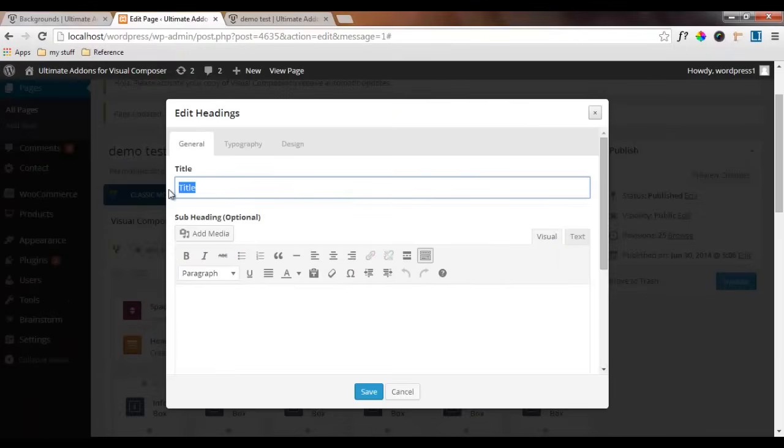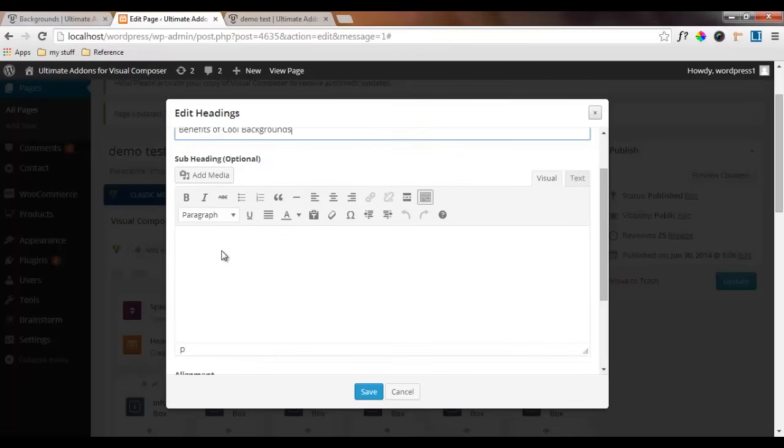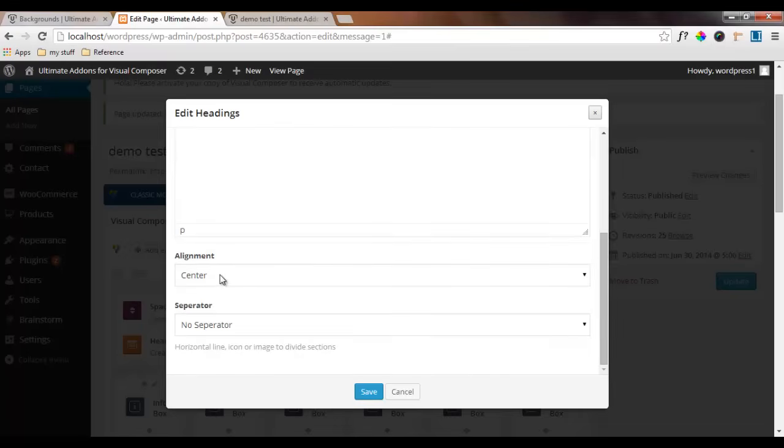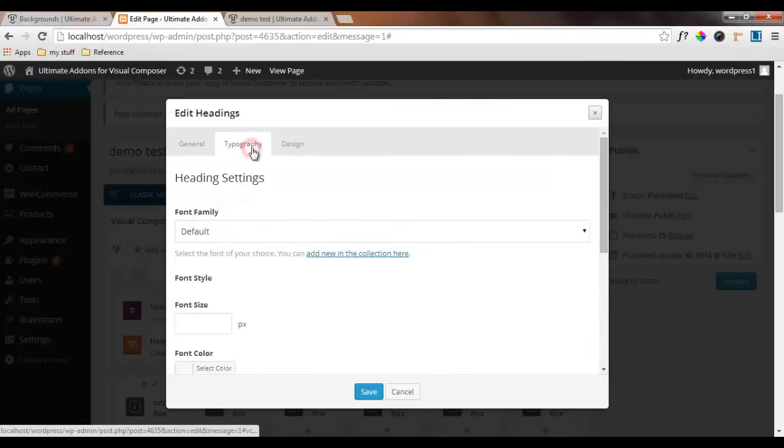Into the title section, I'll just add a heading. This is my title. Now I don't need any description, so I leave this. I need center align, so I'll not touch this one also. And the separator, it's okay, I don't need any separator, so leave it. Now in typography,